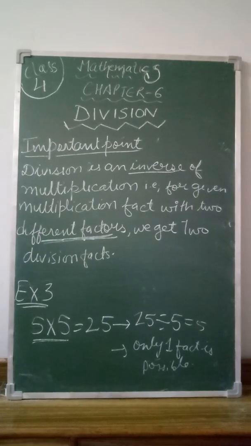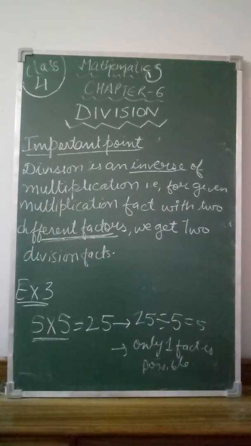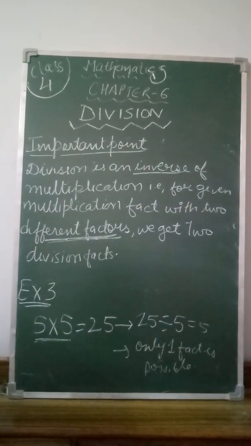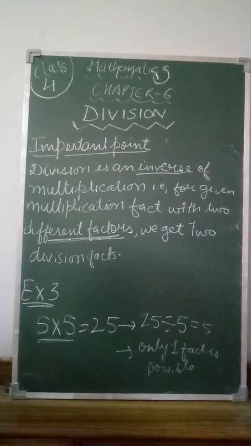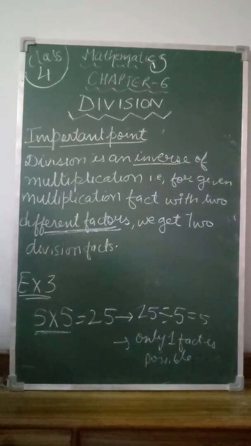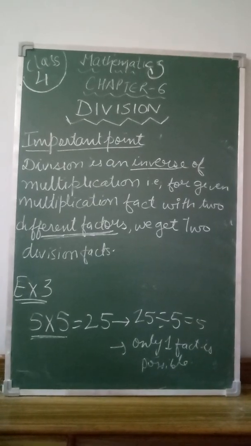Fine. So student, I have discussed three different things. First, the main important terms in division, that is dividend, divisor, quotient and remainder. Then division is repeated subtraction and division is the inverse of multiplication. And division facts, you can form different division facts from a given multiplication fact. I hope you understand the topic. Thank you students, stay home, stay healthy.